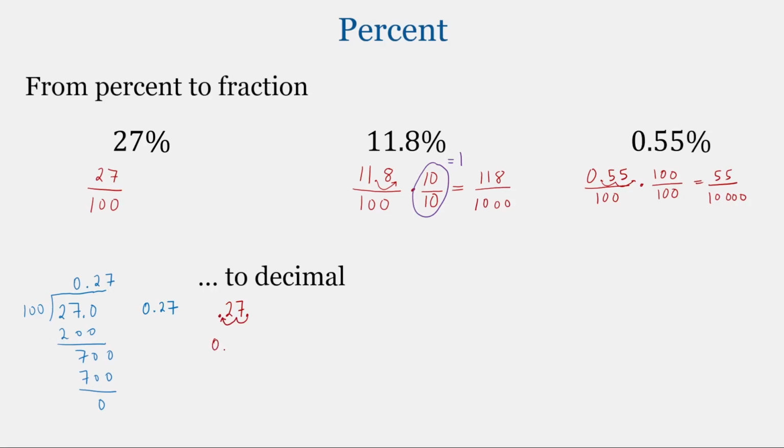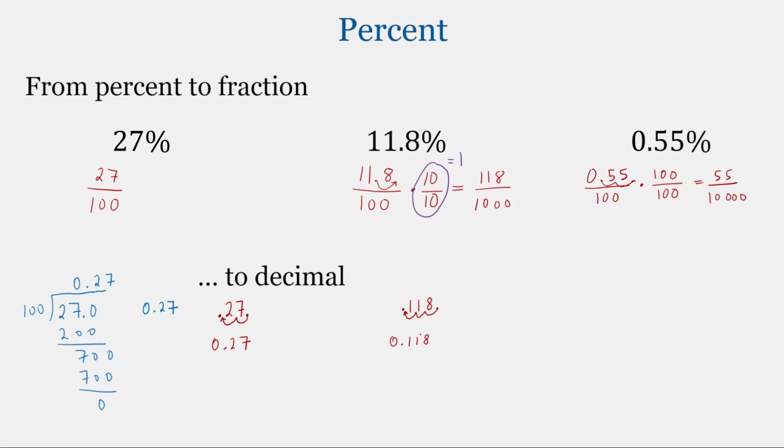And that gives us 27 hundredths, or 0.27. The same answer we got with long division. For this second problem, we have 118 over 1,000. So with 118 and our decimal point, dividing by 1,000, we're going to move that decimal point 3 places to the left. And we end up with